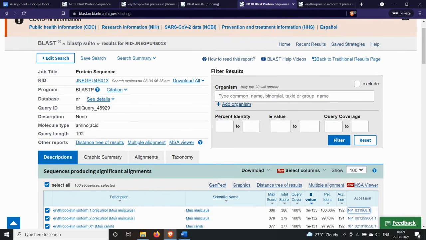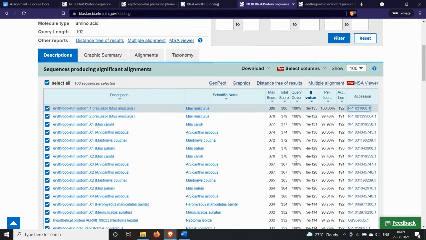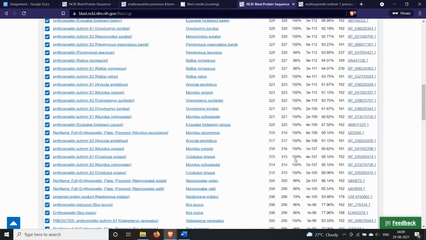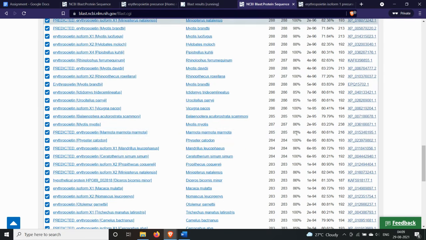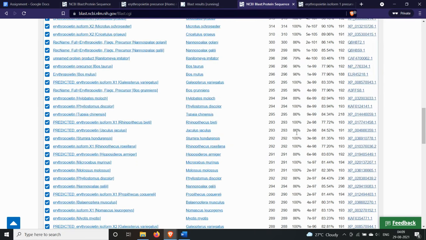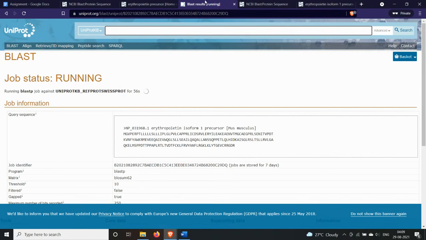You can see some of the entries here, like the query length. Our query length is 192 in this case, and the query covered is 100% in most of the cases, but in some cases it is not covered 100%. It's still running.